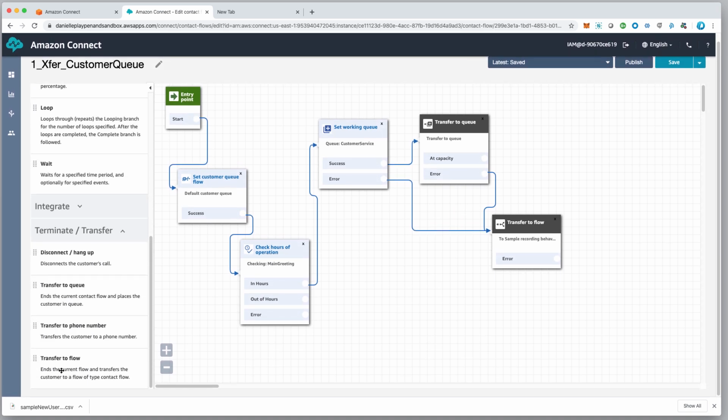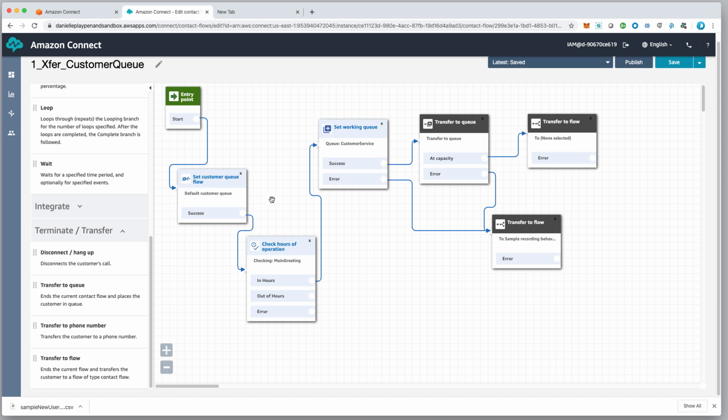I have a flow called transfer to voicemail. Let's go ahead and put that here. At the moment, it has not been defined. So I'm doing two things in this tutorial. One, showing you how to copy, save as, and showing you some of the options, and also showing you that the order of publication is important. I won't be able to publish this queue yet because it's going to refer to some stuff that doesn't quite